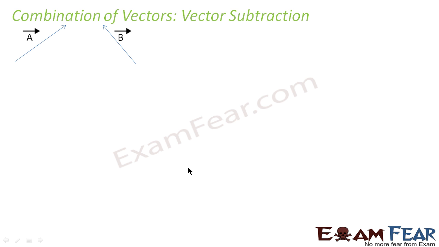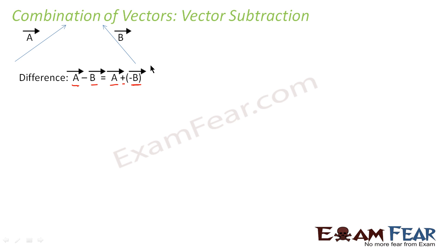Here again we have two vectors A and B. Now let us suppose I ask you to subtract B from A. That means you have to find the value of A minus B, that is vector A minus vector B. Now see, A minus B can be very well written as vector A plus minus of vector B. They are one and the same thing, right? This is just another way of writing A minus B. So basically what we are trying to say is we are adding vector A with the negative of vector B.